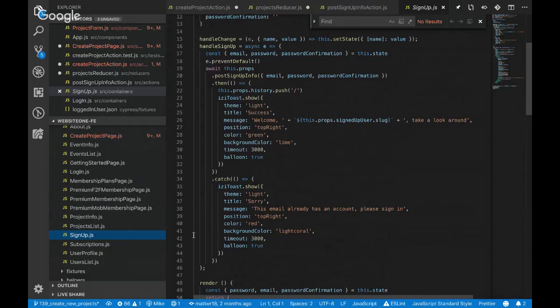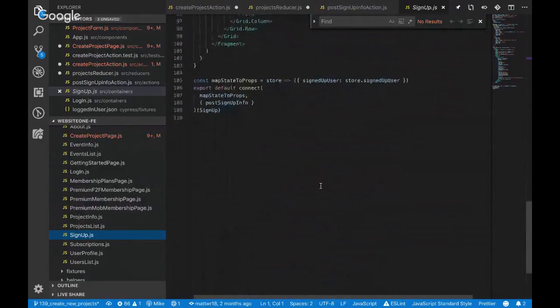So yeah, these props, then okay, the post info prop. Oh wait. So I think he does the map state to props. Okay, so maybe